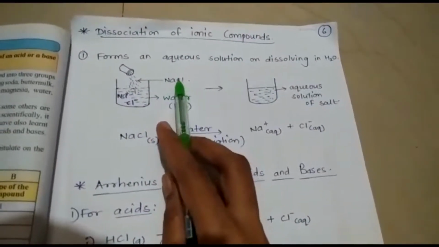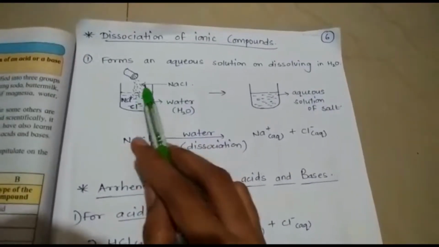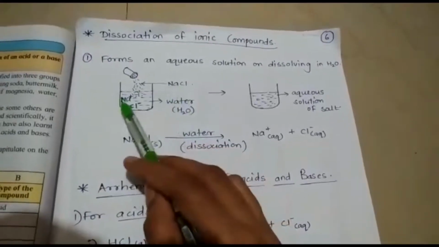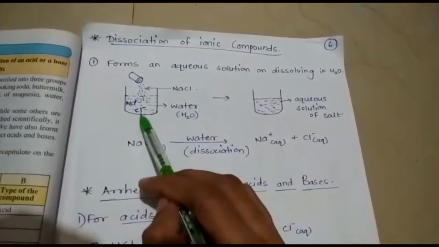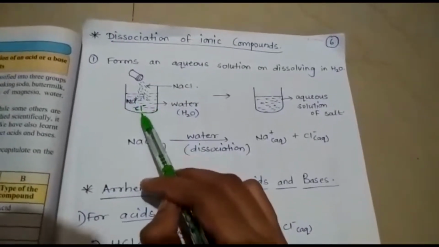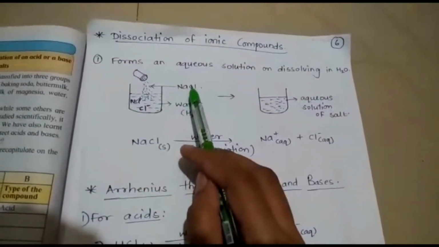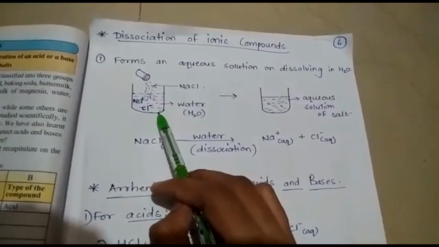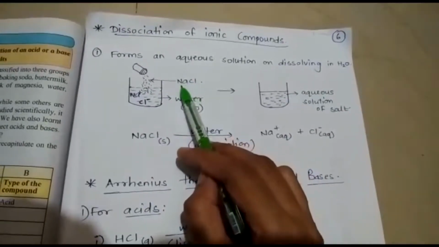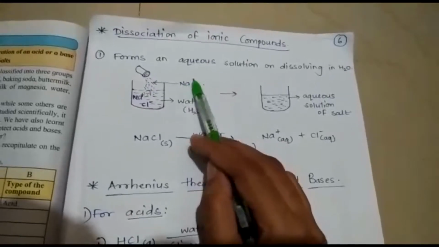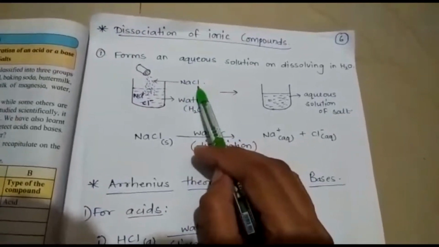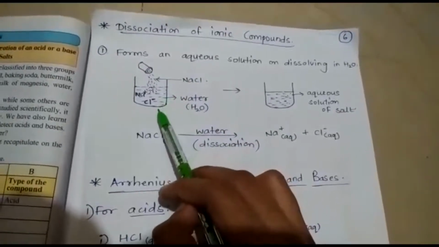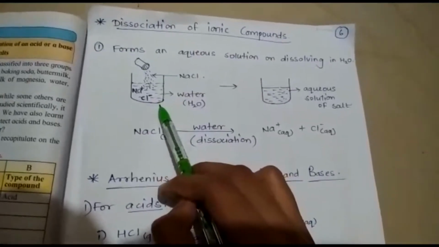Sodium chloride, a common salt, has been added to this water, and the respective ions, that is the sodium ion Na plus and the chloride ion Cl minus, are formed. So the compound gets separated into its respective ions. This is known as dissociation of an ionic compound, because the compound is made from the ions Na plus and Cl minus, which have ionic bonding. That's why when they get separated, the term indicates dissociation of an ionic compound.